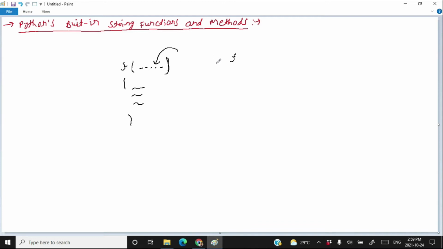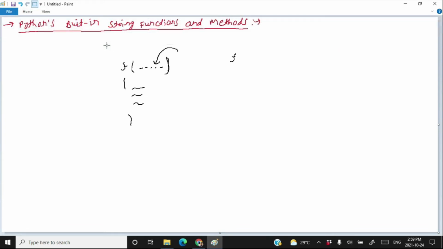At this time, there is a high possibility that you are not understanding my words. But just keep my words in the corner of your mind and let's start learning about built-in string functions and methods supported by Python. Built-in means you are not going to create the functions. The functions which are already there in Python to support various string operations. That's why all the functions we are going to learn are called built-in functions. These functions are already available to use. You do not have to create them.